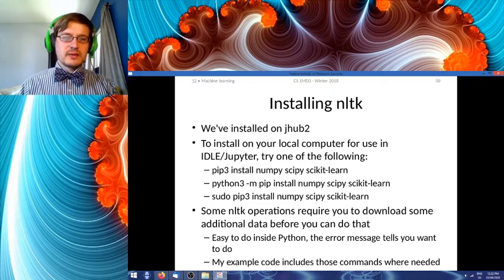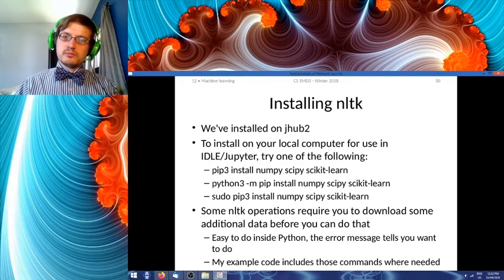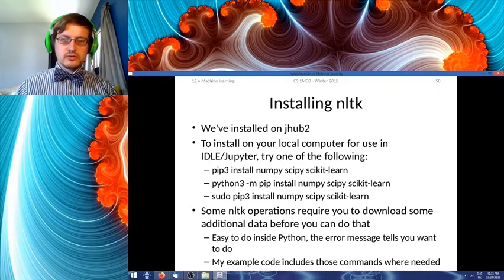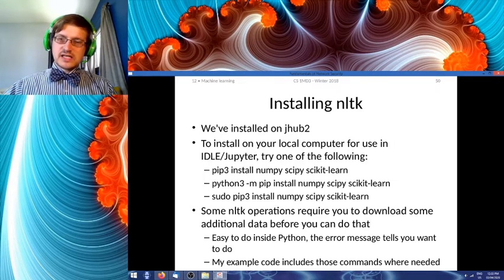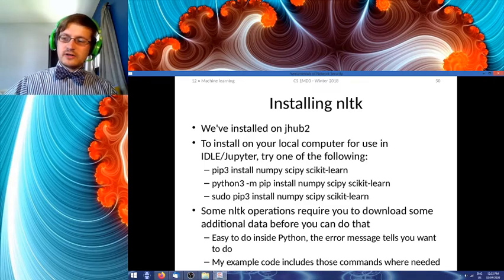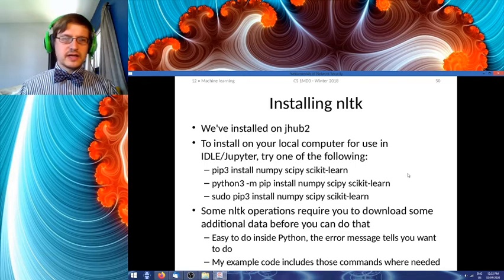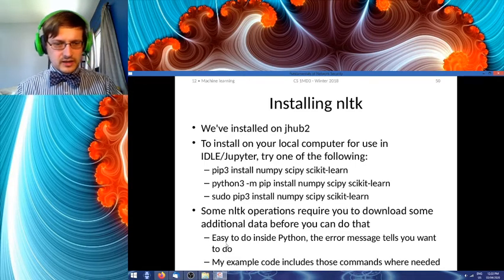The command here that's most appropriate to your particular computer installation: pip3 python 3 sudo pip3 install numpy scipy scikit-learn, all of these sorts of things, although I think that most of those are Linux-based operations. If you were to Google it, I don't know, it might be in Anaconda.